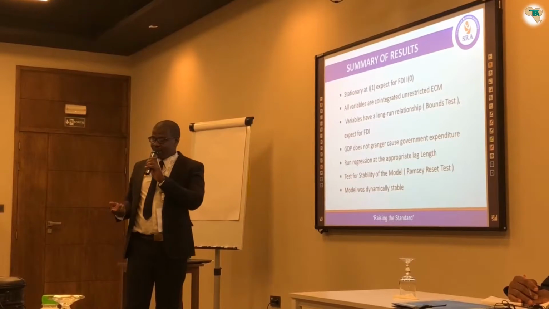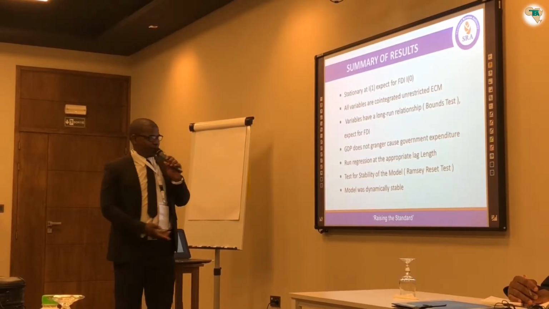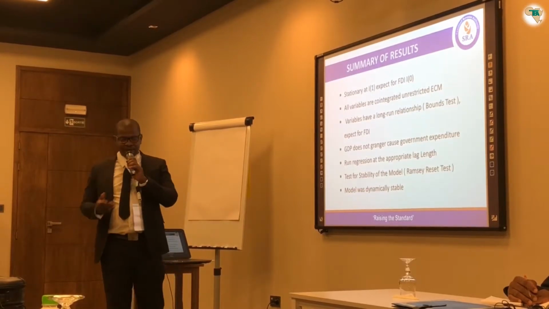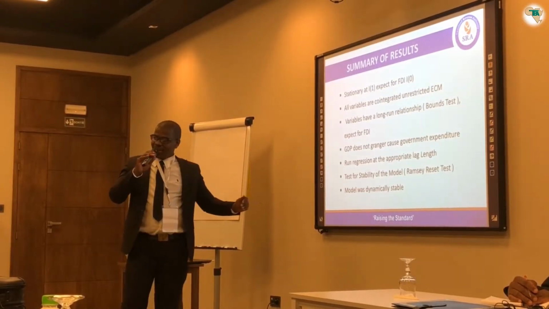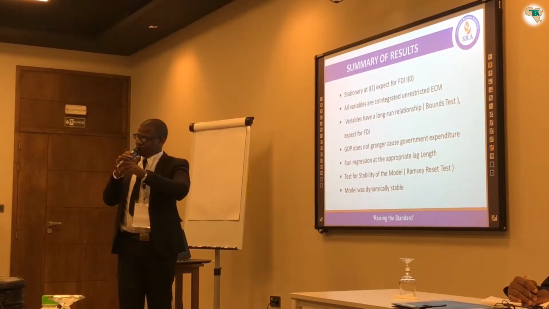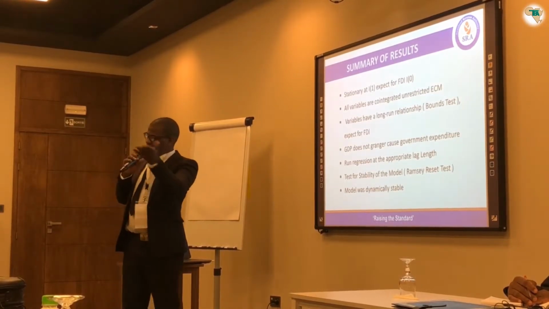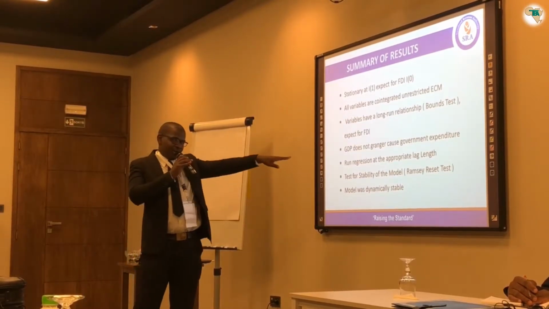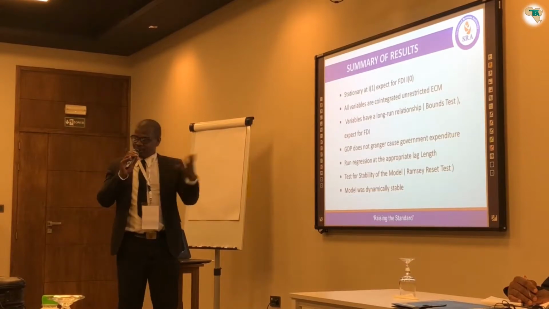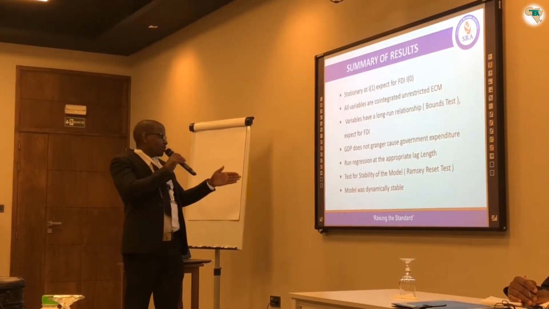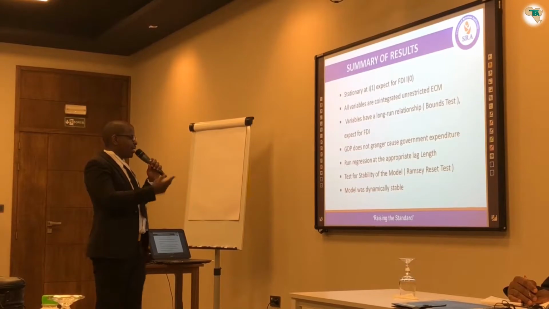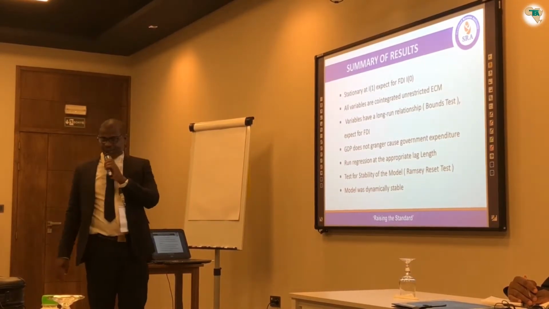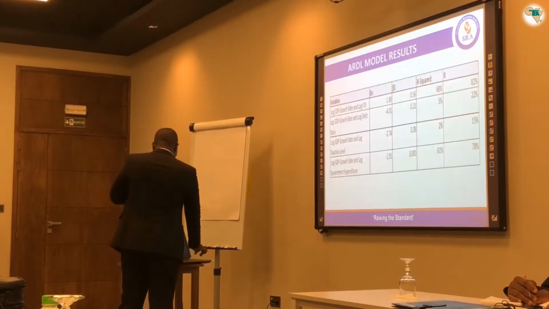That means that a rise in the GDP does not necessarily mean a rise in the government expenditure, or it doesn't guarantee it. Basically, Granger causality means that variable X can be used to explain variable Y, or variable Y can be used to explain variable X, or vice versa. So for the case of the GDP and government expenditure, there is no Granger causality. Then the regression with lags was run, and the test for stability was done, and the model was found to be dynamically stable. So now I'll move on to the results.